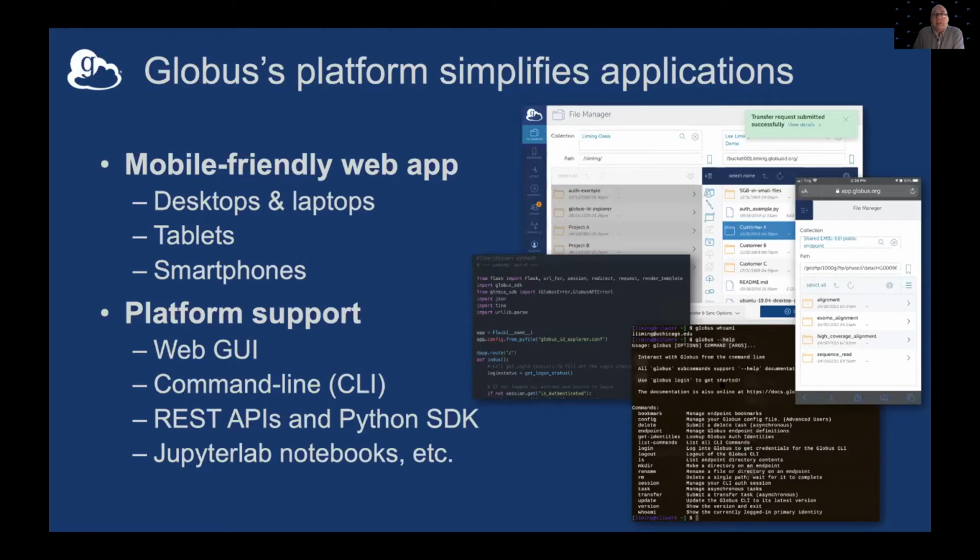There's the command line interface, which he showed, and there's the RESTful APIs that you can use, and there's a Python software development kit that you can import into your Python environment. You can, of course, do things from Jupyter notebooks. And so if you have a data science application that you're working on in Jupyter, we have really good integration with that. And you can even log into your notebook using Globus and then use the tokens that that generates